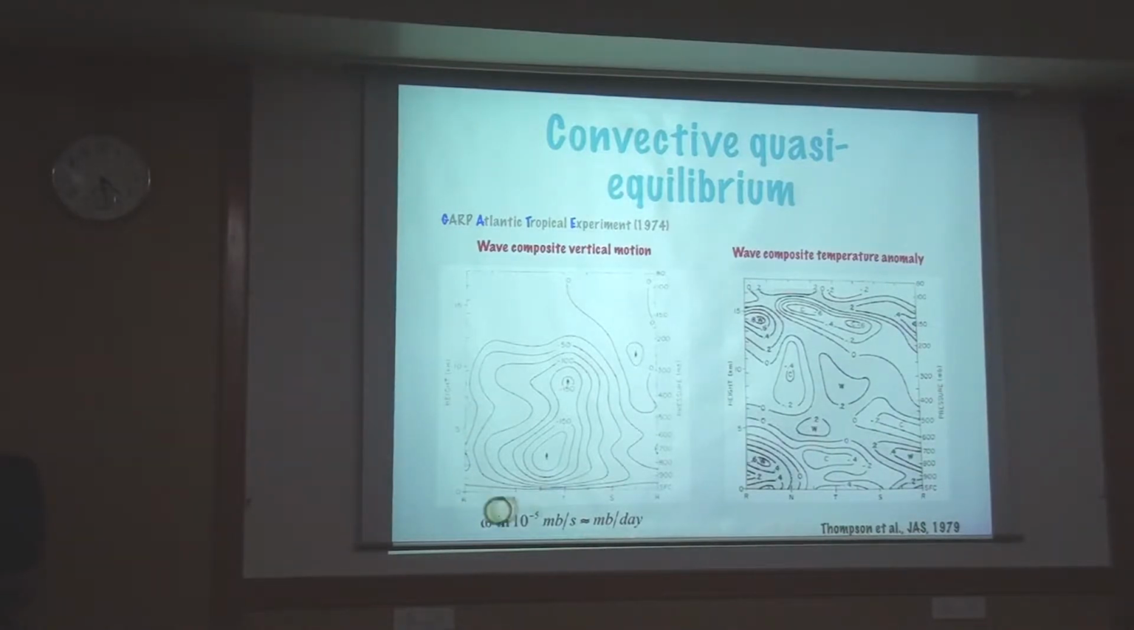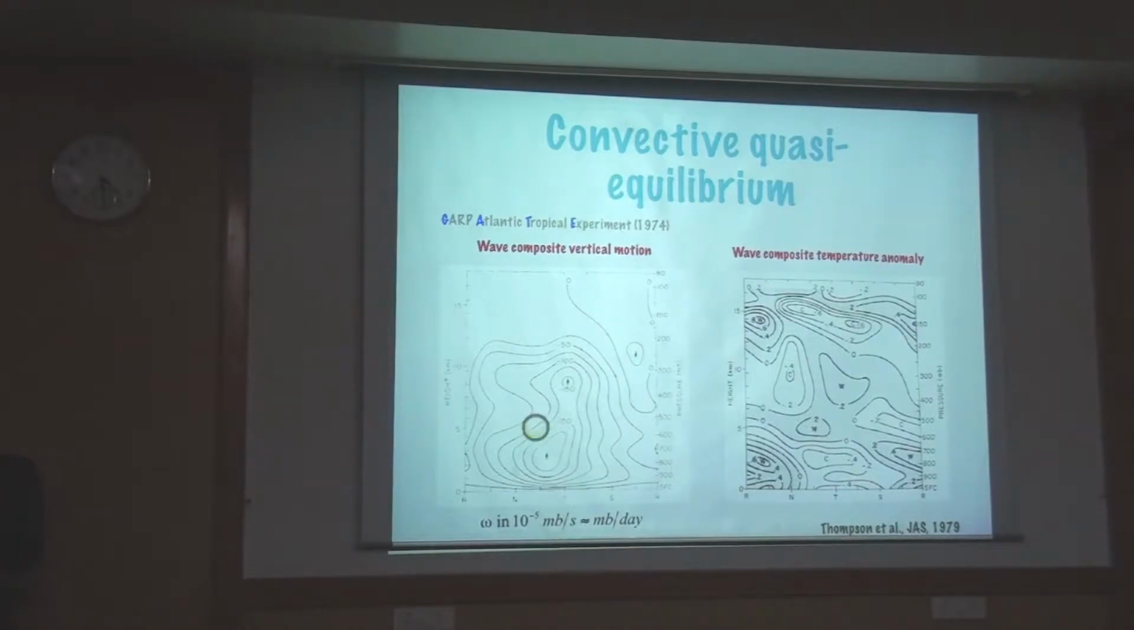R means ridge, northerly flow, trough, southerly flow, ridge. Okay, so that's the diagram. They had several of them coming through, and they composited them all into this one diagram. So this is a composite of several of these waves coming across the array where they took the measurements. And this is the vertical motion. Okay, so you can see there's upward motion